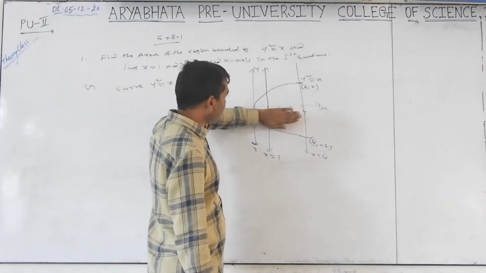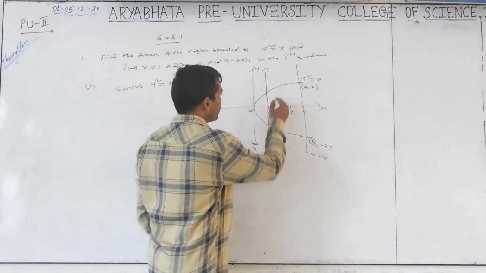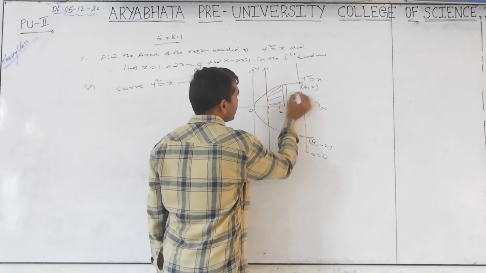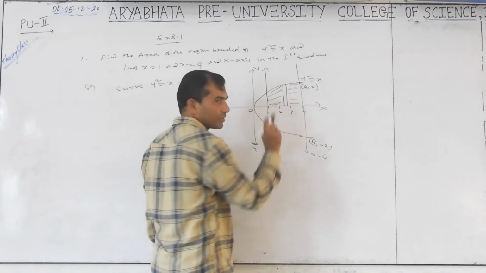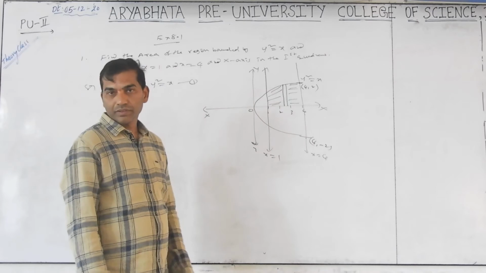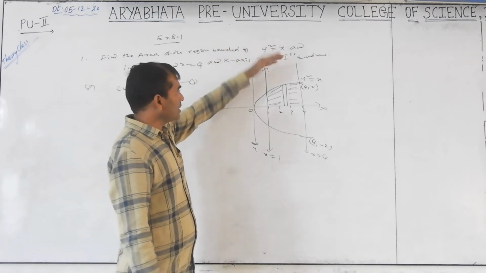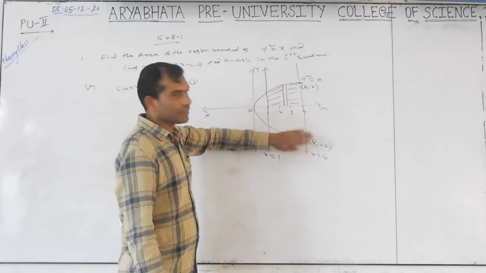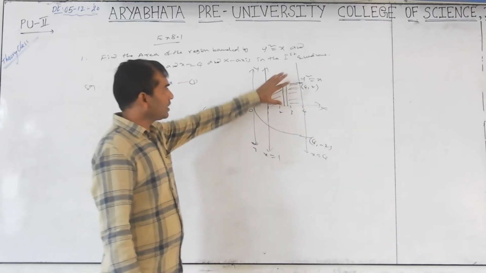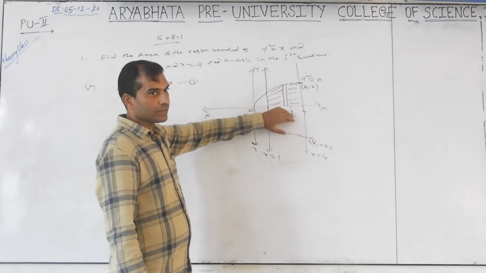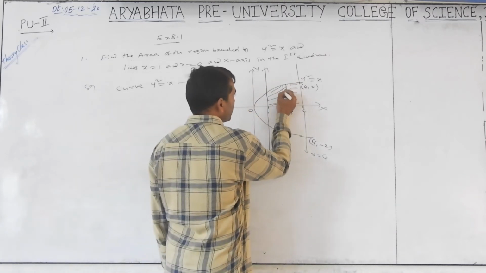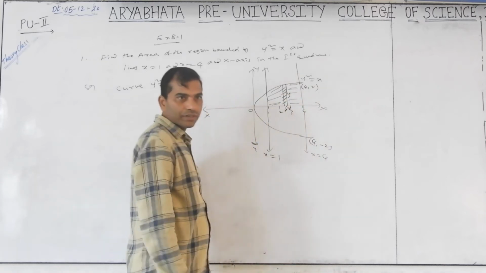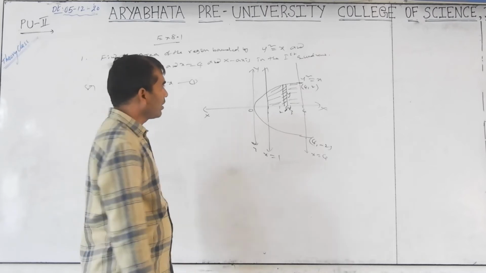in the first quadrant, not this, this is only this part. If first quadrant is not given, this comes as well. First find this, multiply by 2. But only first quadrant means it comes in this quadrant, not this. So take a small strip here. The length of this is y, this is dx. So y dx.